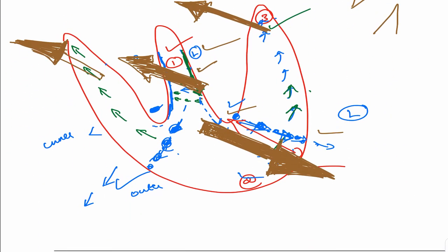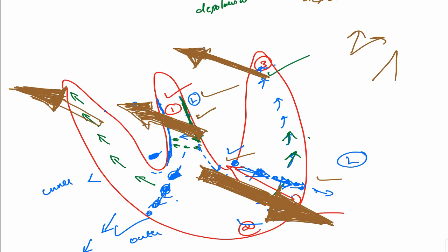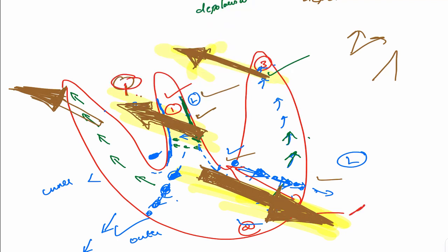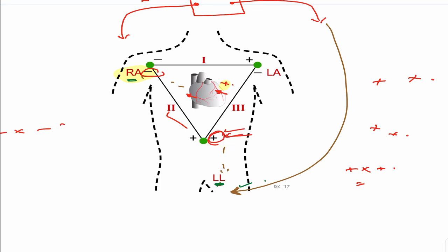So far, what has happened? We got a septal depolarization of this vector, then a major ventricular depolarization, and now a basal depolarization. This was the Q wave, this is the R wave, and this is the S wave. So we got the QRS complex, and I hope you have understood why those directions happened. The direction will change depending upon how we change the lead. I'll explain this later on.